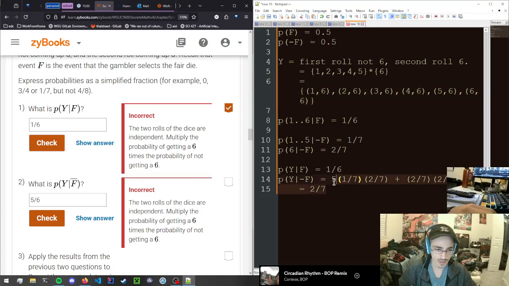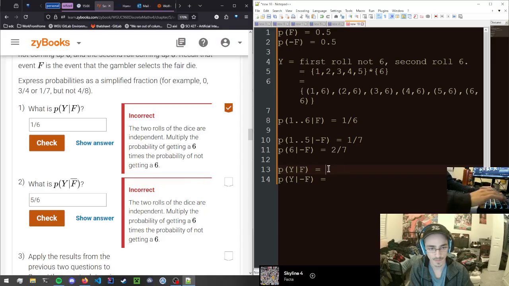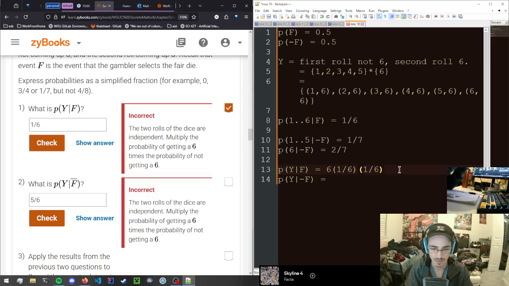Let me redo this. So let's type this out. We got 1/6 for this chance. This chance is also 1/6. And how many of these do we have? 1, 2, 3, 4, 5, 6. All right. Times